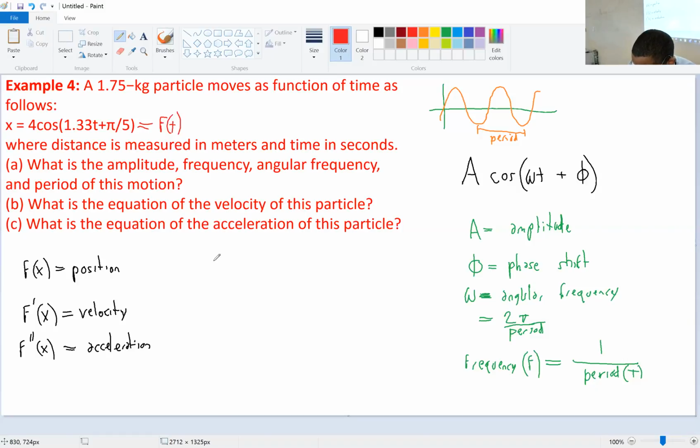Okay, so position in this case is 4 cosine of 1.33t, I can't forget the t, plus pi over 5. So if that's position,